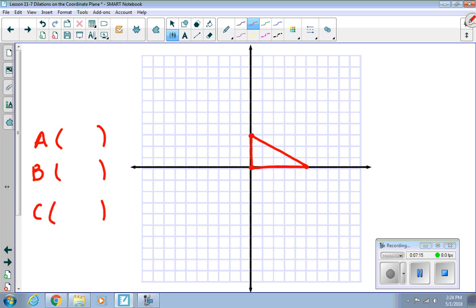They're going to give you a graph, and they're going to give you a figure on it. First thing you have to do is pick off all the old coordinates. So B would be 0, 0. A would be 0, 3. And C is 5, 0. Okay? So let's say my scale factor,